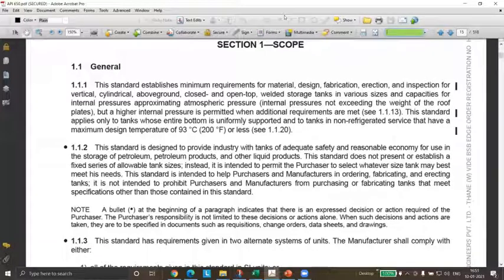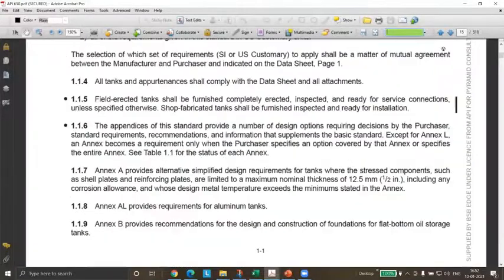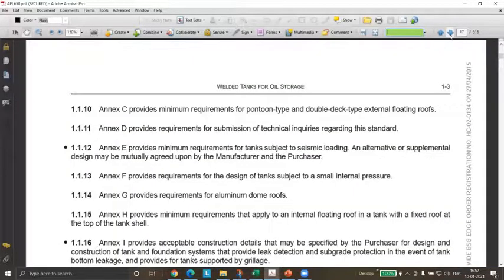then there is an internal pressure. Okay, the maximum internal pressure we saw is 18 kPa, and the design temperature is 93 degrees Celsius. Okay, but if you have to design above that, there is an annexure also. For higher temperature, there is an annexure available. So if we use that, we can go up to 250 degrees Celsius also. So we'll see that also, what this annexure talks about.